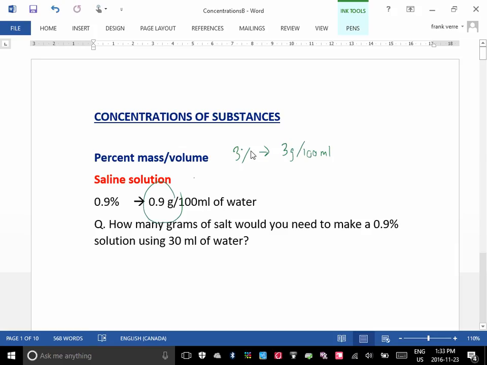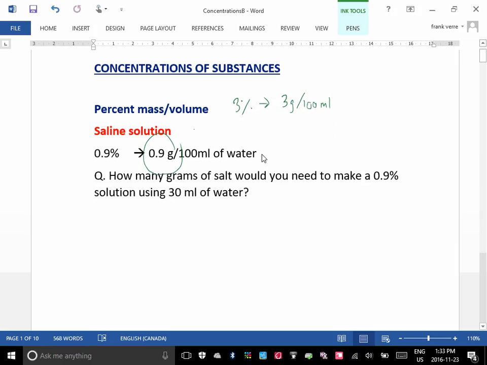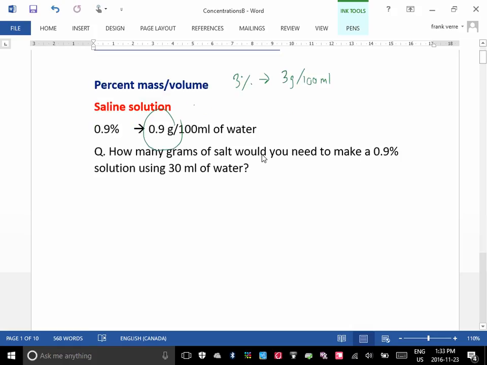The calculation is really easy. But let's say I asked you to make the solution. I said, okay, I want you to make 30 milliliters of it. How would you make a 30 milliliter solution that is 0.9% sodium chloride? So we're going to say the saline is sodium chloride, NaCl. So the concentration is 0.9 grams for every 100 milliliters, right? And we want to make